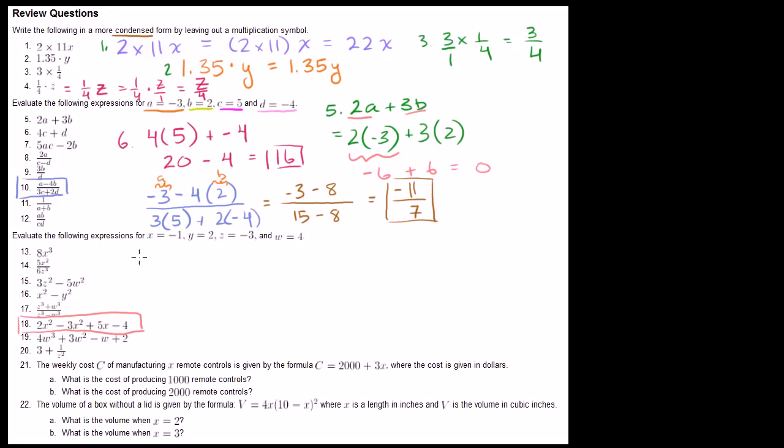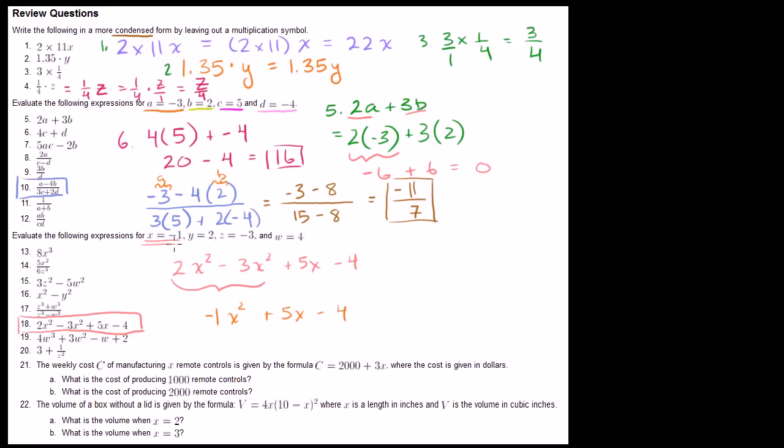But what we could do here, let me write this down. 2x squared minus 3x squared plus 5x minus 4. And they tell us that x is equal to negative 1. One thing we could do is simplify this before we even substitute for negative 1. So what's 2 of something minus 3 of something? This is 2x squareds minus 3x squareds. So 2 of something minus 3 of something, that's going to be negative 1 of that something. So that will be negative 1 x squared plus 5x minus